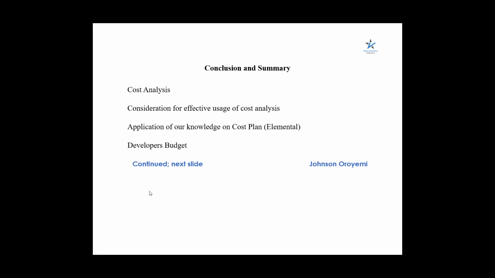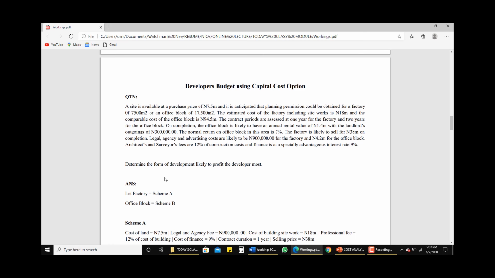Now, let's go a little bit forward. Here, I actually extracted this question from a professional qualification exam. It is a practical question, a real life scenario, and that's why I picked it, so that we can see how developers' budgets are prepared. Now, the question here says, before I go forward,